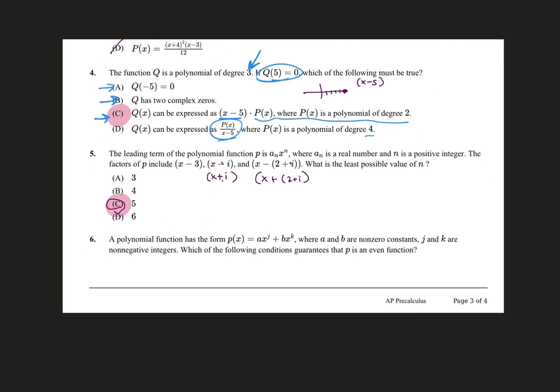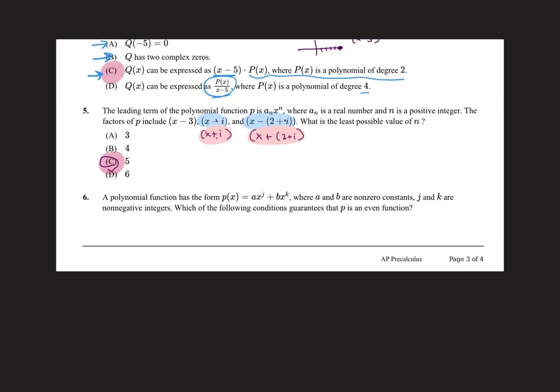All right, 5 says the leading term of the polynomial function is ax to the n, where a is a real number and n is a positive integer. The factors include, and it gave you x minus 3, x minus i, x minus 2 plus i. Both of these are complex, which means they also would have the opposites as part of the roots. And if you literally just counted that, there were 5 zeros, which is the degree of 5. And then